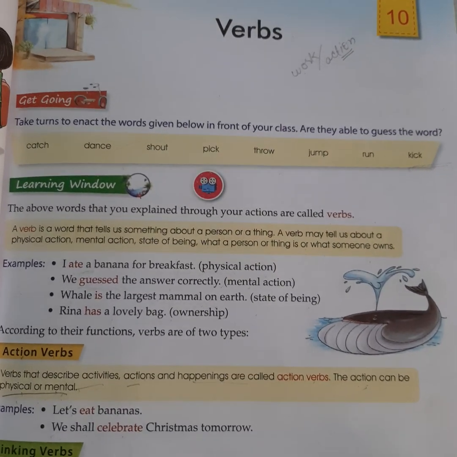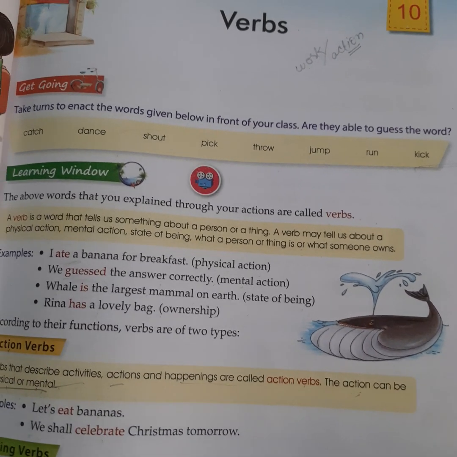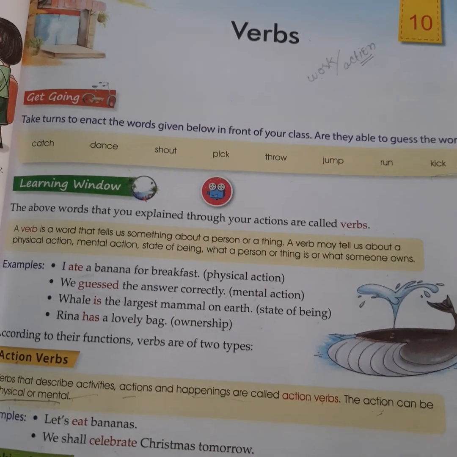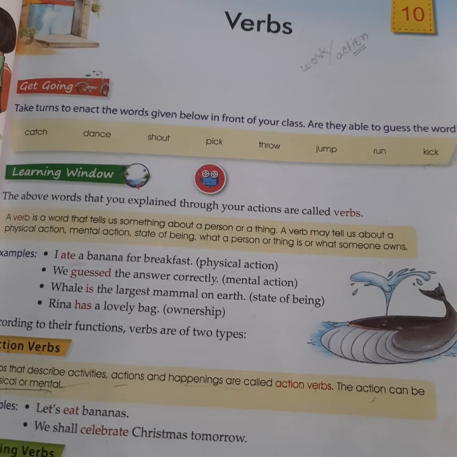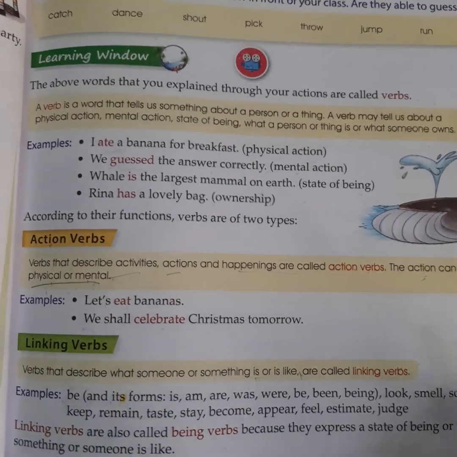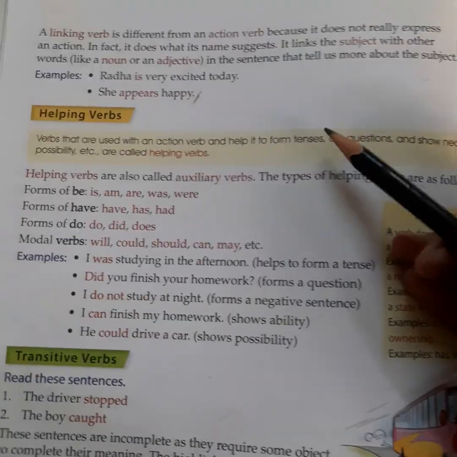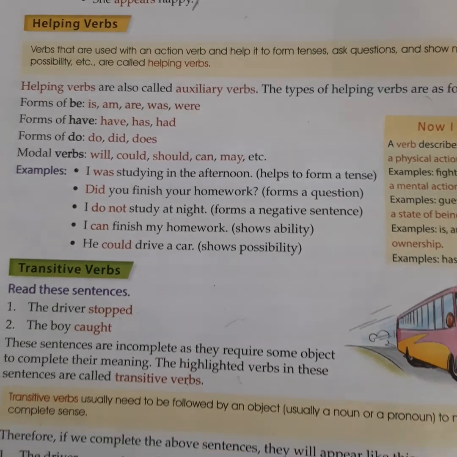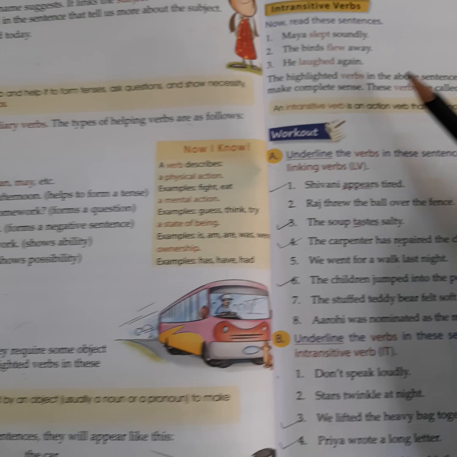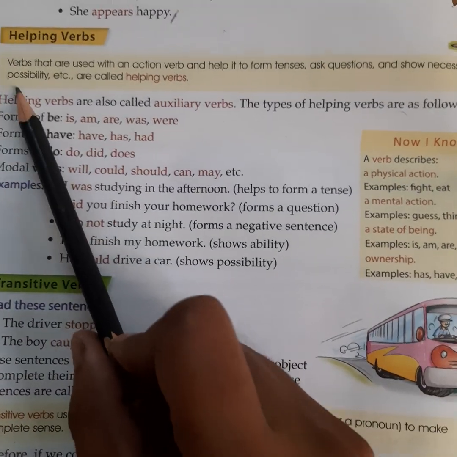This is grade 5, your English grammar book, and today we are going to continue our chapter number 10, which is on page number 53, verbs. Verb means an action or any work, okay? We have learned about two kinds of verbs till now, action verb and linking verb. In the next page we had learned about linking verb in detail. Now students, three kinds of verbs are left: helping verb, transitive verb and intransitive verb. So open page number 54 where we are going to start from helping verb.